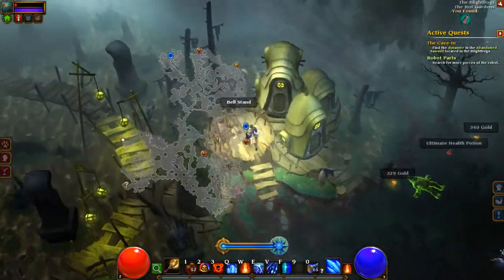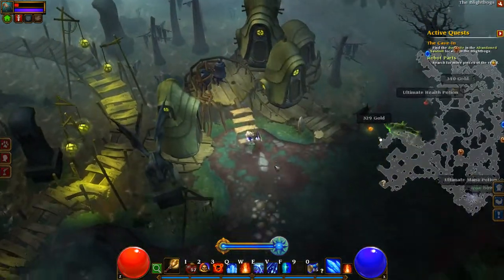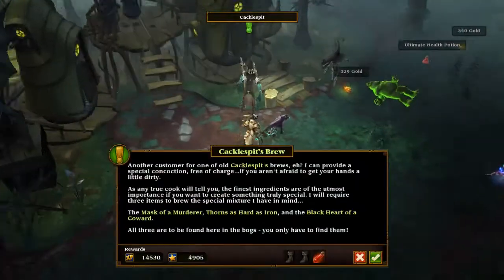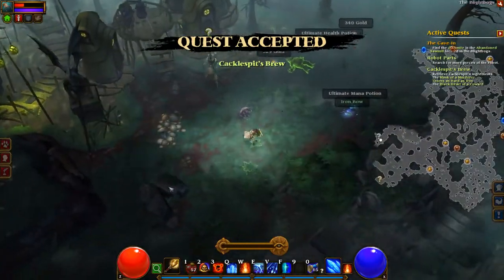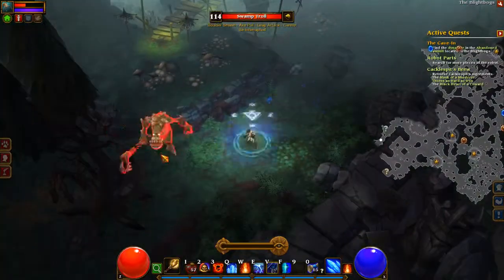Okay, so this is actually the place I wanted to be. I'll put the map on the side here to be a little less annoying, and I'll add the bell, which makes Cackle Spit spawn. And yeah, she wants something, and that's actually the last thing I really wanted in this area, so...